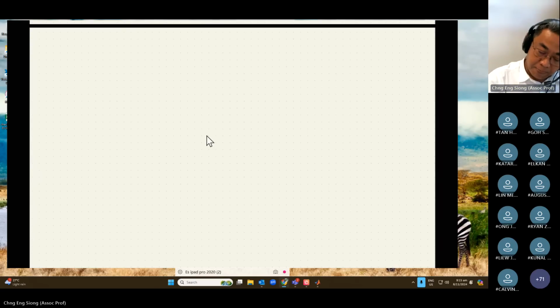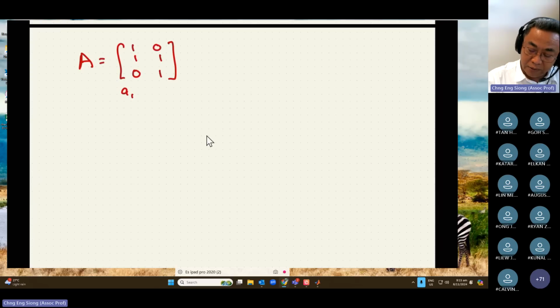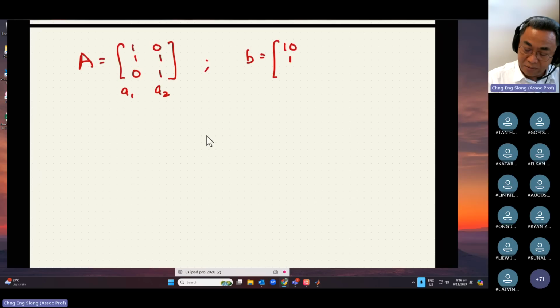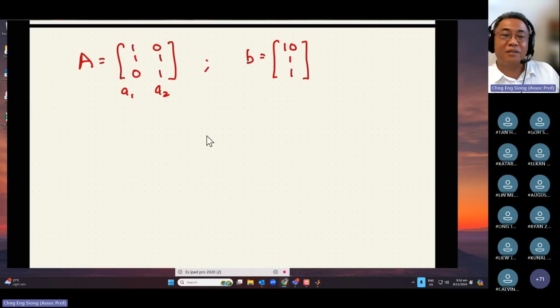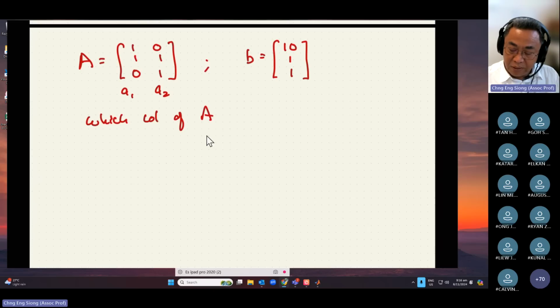Okay, let's try. A is equal to 1, 1, 0, 0, 1, 1. This is A1, this is A2. B is now, I'm going to make life easy for you, 10, 1, 1. Now, is this obvious or not so obvious? Which column of A, I should say only one column, to choose to approximate